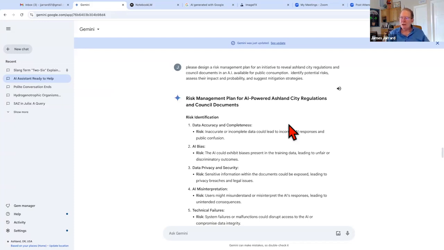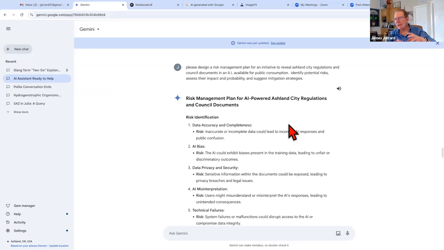I want to start using all of Ashland's regulations and council minutes and videos and all that stuff as the corpus of material to fine-tune Meta's open source. So I load Meta's open source AI on this Dell computer that I'm buying.